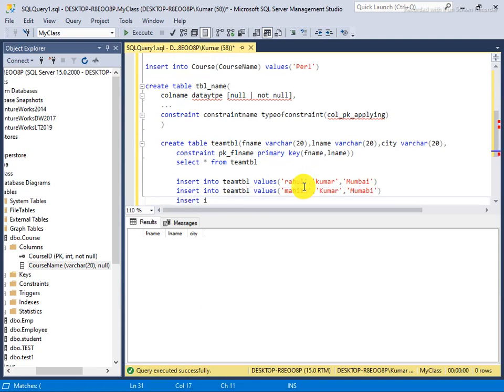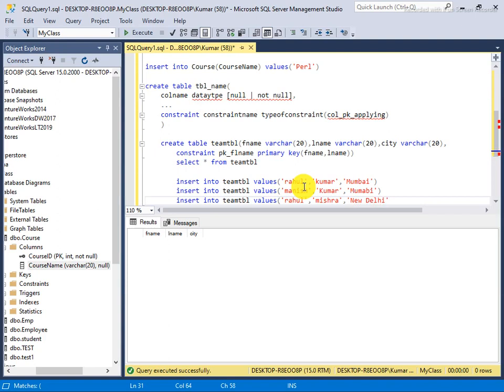And again I say insert into values Rahul Mishra and city New Delhi.